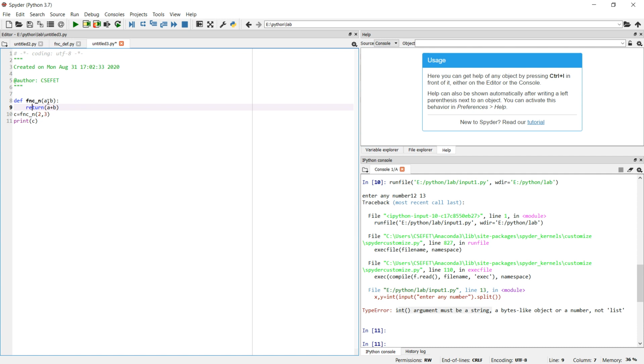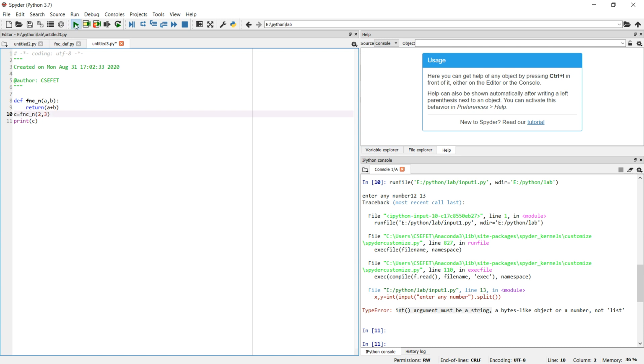There is no need to tell what we are going to return, an integer or a float, because data types are not required in Python. Directly they are not required; they are used implicitly depending upon the values which have been given to the variables. So 2 comma 3 is passed, a gets 2 and b gets 3. 2 and 3 are added, it becomes 5, and 5 is returned to the variable c.